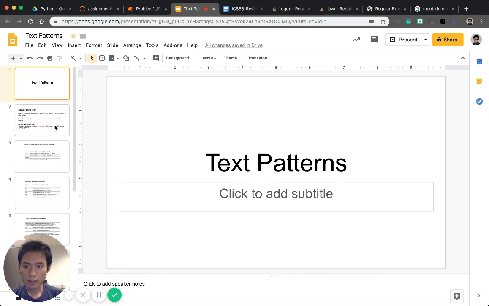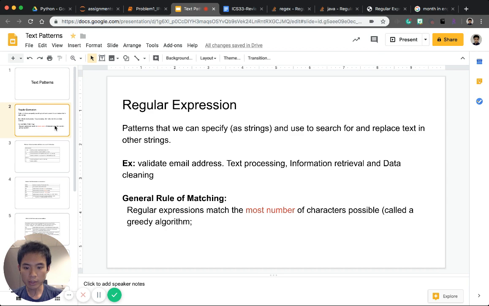So in this video, we are talking about regular expressions. A regular expression can be used to specify a pattern for a string. This pattern can be used to search for and replace text in other strings. For example, we can use regular expressions to validate email addresses, to perform text processing, information retrieval, and